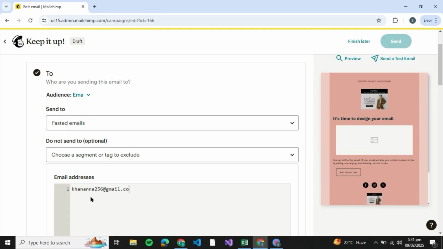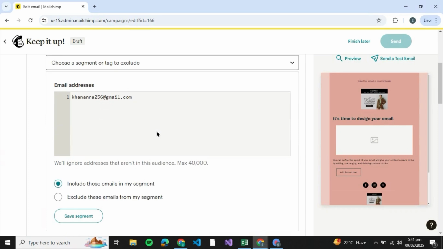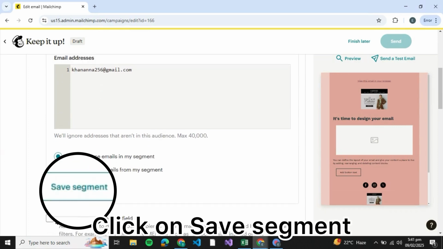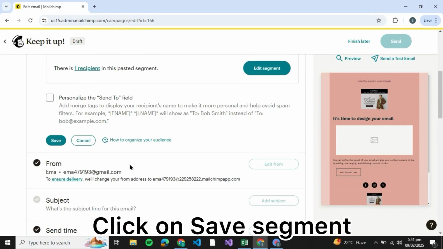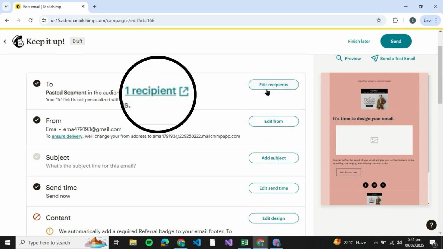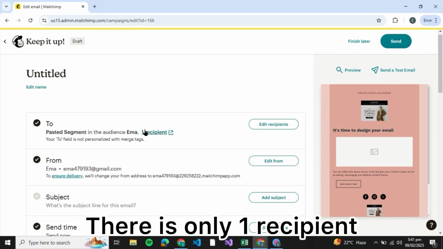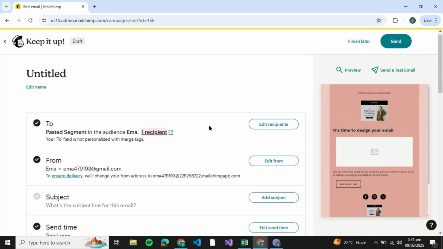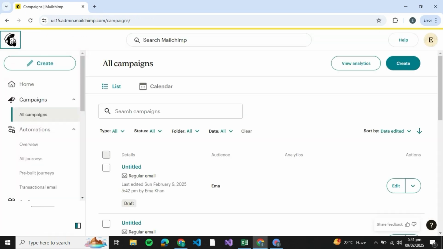Now you can just type down the email of the person, and if you wish to send to multiple persons, you can just type their emails down, and after that just click on OK, and now you're going to click on save. So once you click on save, you'll be able to see that over here it says there is one recipient, and only the email will be sent to that one recipient. So just click on send, and once you click on send, email will be sent to that one